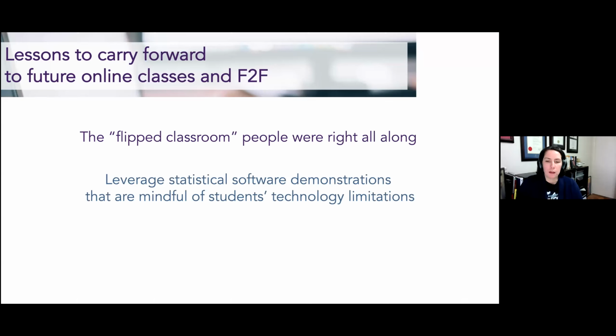Second, on the issue of leveraging statistical software, I really think we have to be careful to do this in a way that will work for students with low and high tech equipment. So think about what you have to get students to prepare in advance so that their laptops are ready to go, their materials are ready to go. Following along isn't always going to be possible for every student, so try not to make success in the course contingent on a follow along software demonstration model.